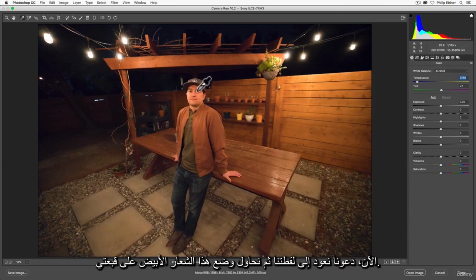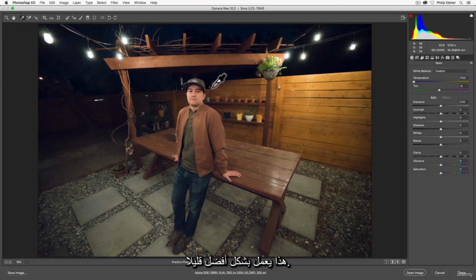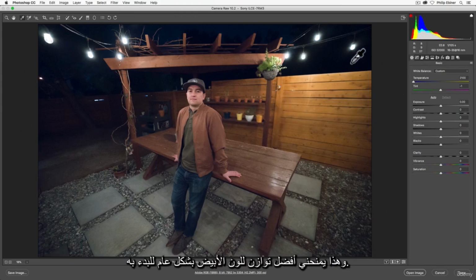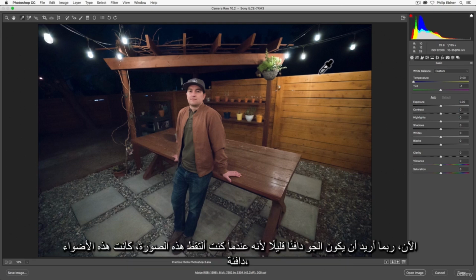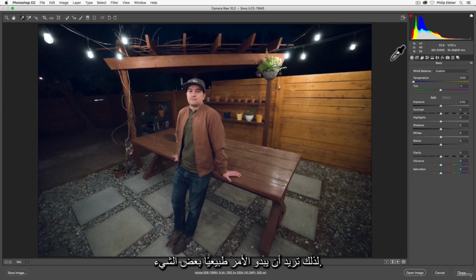Now let's go back to as shot and then try this white logo on my hat. That works a little bit better. Let's just use the gray. It really depends on what your lighting situation is. If you have like a white card, actually look at this white pot right there. That's probably the best option here. This is sort of a cream colored pot, and that gives me the best overall white balance to start out with. Now, I might want it to be a little warm because when I was taking this photo, these lights are warm, so you want that to look a little bit natural,